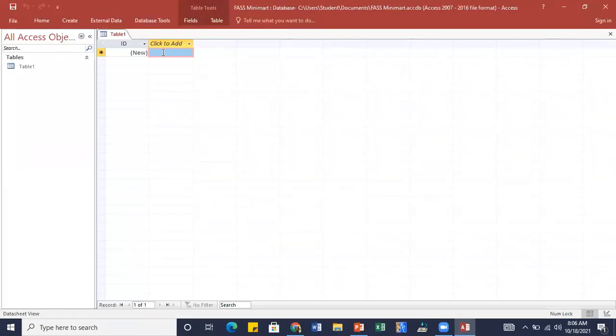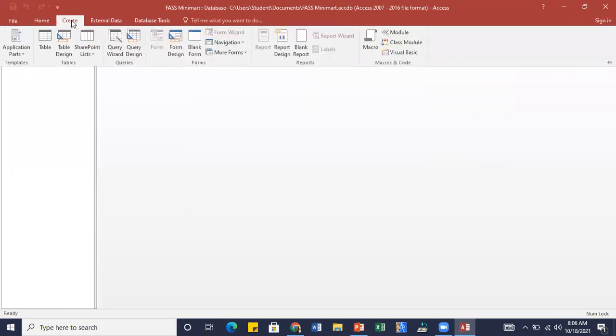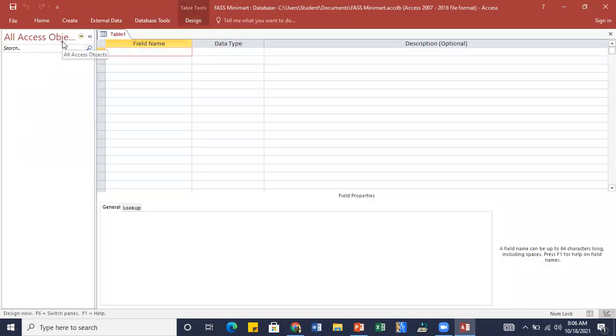Again, as I said, they automatically give you a table, you click that off. And you go now to create, because the first thing we want to design is the table. We click on table design. And exactly the fields that we have identified before, it's now time for you to actually put in the field names here. So we had product ID, good, and like our variable names in programming, we want to make sure we don't utilize spaces if it's more than one word. Product ID, product name,